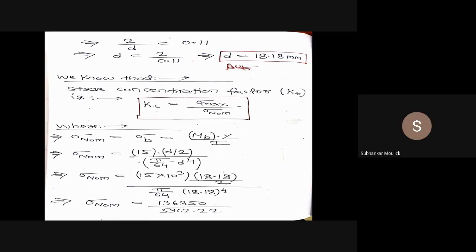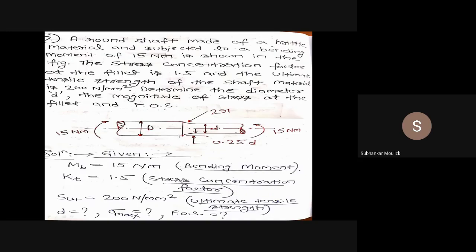In this question, what we are doing is everything in reverse manner. In the previous question, we were doing everything in forward manner. We were first finding the value of kt, with small r by d and capital D by d given. In this question, kt is given. Capital D by d we have found from the diagram. Small r by d we have found from the design data book. And then we get the value of small d. Fine. Okay. Next is what?